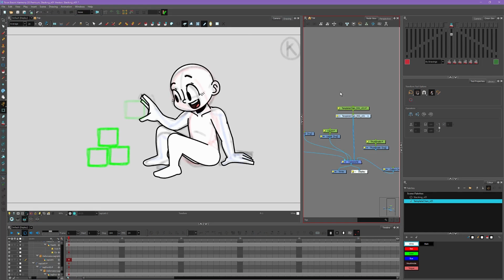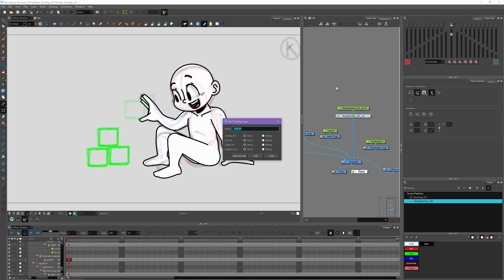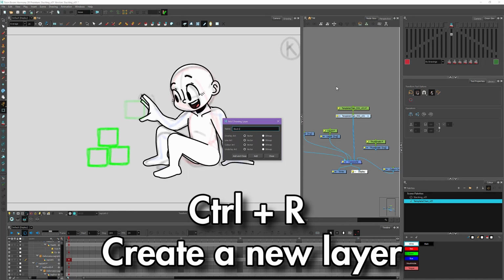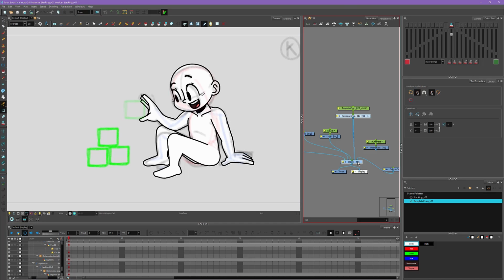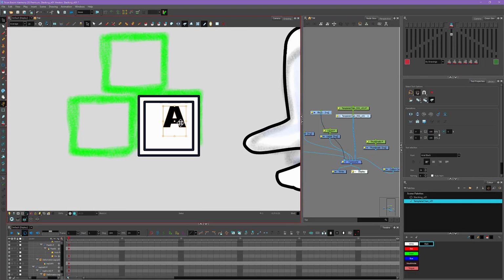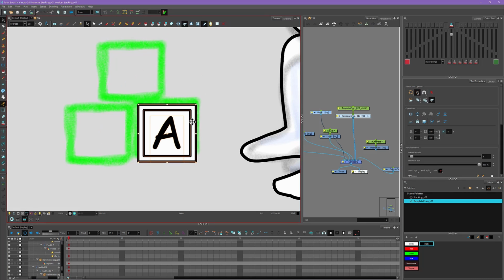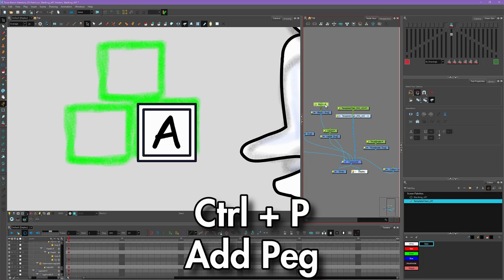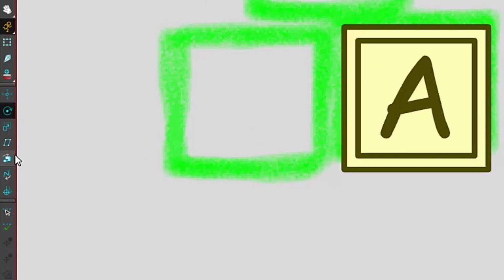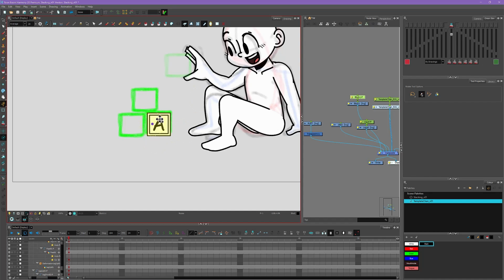So we need to draw a new prop for these blocks that he's putting together. I'm going to go to my node view, press Ctrl R to make a new drawing, and call it block number 1, add and close, and I'll just put it in front of template Chan here. And using my geometry drawing tools, I'll just draw one of them. Then I'm going to add a peg by selecting this node and pressing Ctrl P for peg. I'll select that peg, grab one of my advanced animation tools over here, and just make sure the anchor point's right in the center.